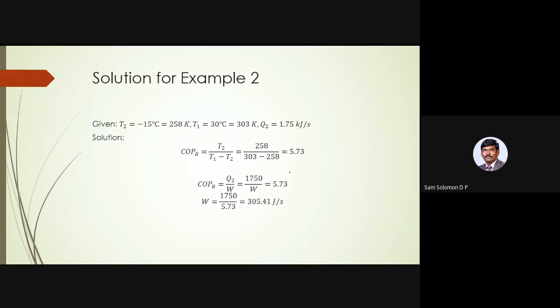Very simple. In this third unit, there is no other problem other than this. You will be getting problems only from refrigerator, heat pump, and heat engine. There is no other problem that you have. So it is very easy to score marks in this particular unit. You have to remember the line diagram, then substitute the values accordingly. Apart from that, there is nothing complicated here. Okay, let's move on to the next problem.